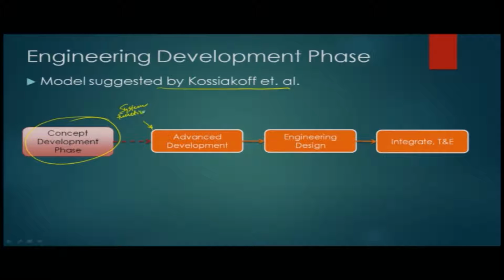functional requirement specifications that come as part of the output of the concept development phase, and the system concept itself. Those are the two inputs to the first stage of this development, which is called the advanced development. And in advanced development of the system, this is where the engineering